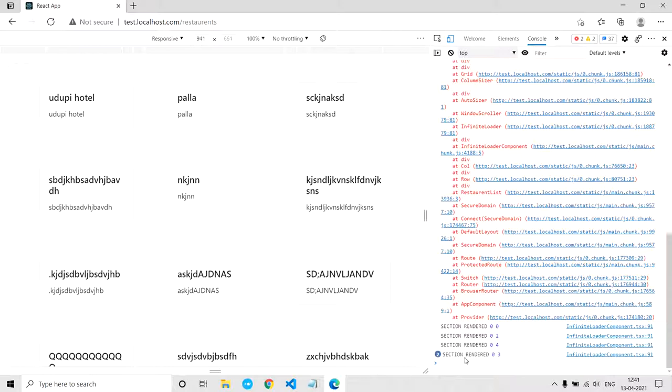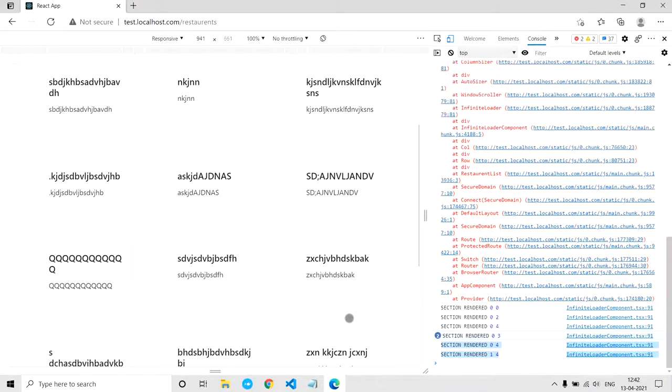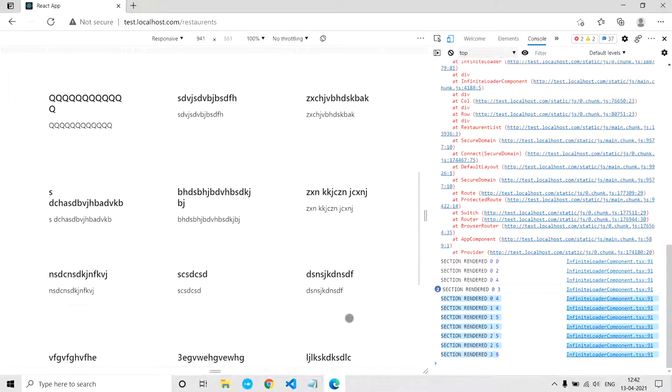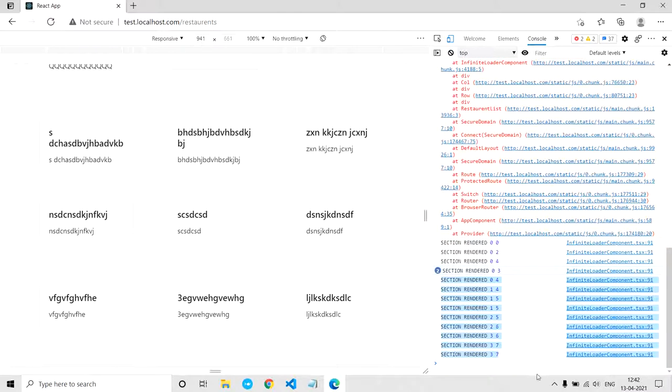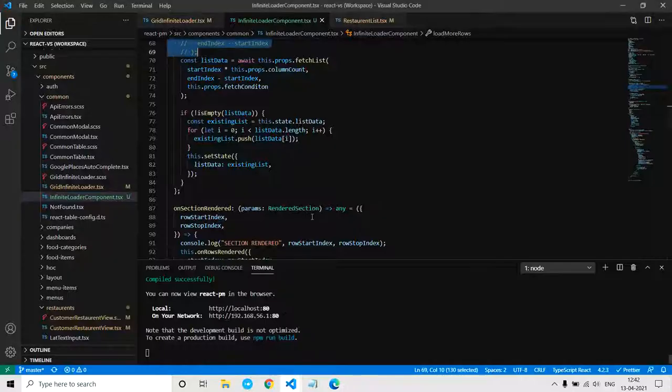So basically you see console here 0 to 3 and 0 to 4. Okay, basically it is just saying from row 0 index till row 4 index or row 3 index, whatever the value it is consoled here. So we are rendering those things 0 1 2 3. So basically we are rendering 3. Okay, so as soon as I scroll down, you see console 0 4 printed again. See again 1 to 4, it just goes on printing the sections. Okay, meaning from the row index 3 till the row index 7 is what you are seeing on the screen. Okay, that's all it meant.